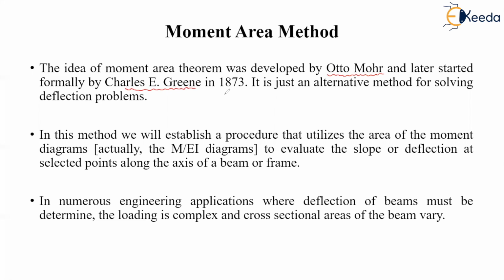So it is an alternate method. Apart from the double integration method, which we used first, this is the alternate method of finding slope and deflection. In this method, we utilize the area of the moment diagram. We first draw the bending moment diagram, and then use the area of that diagram divided by EI. Here M by EI means A by EI,